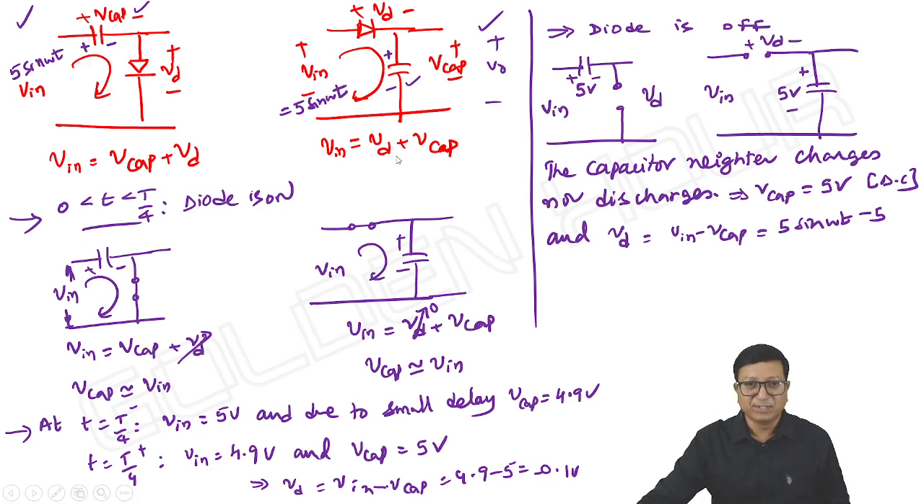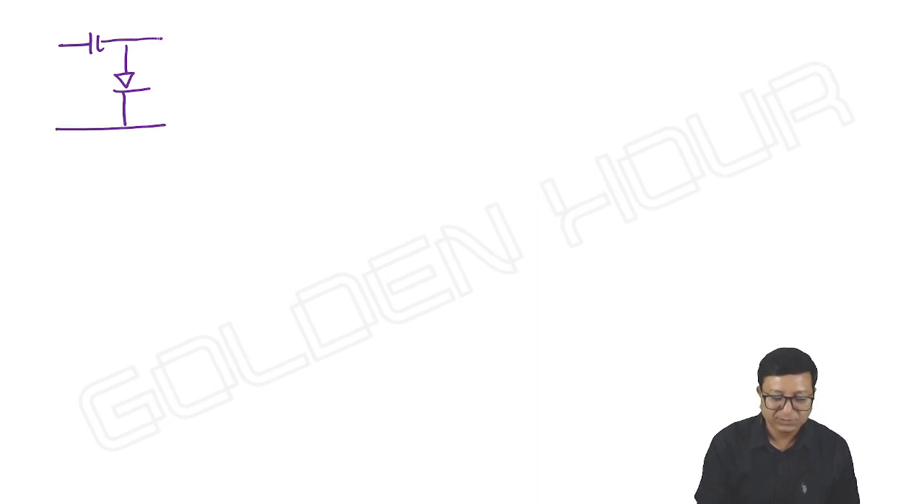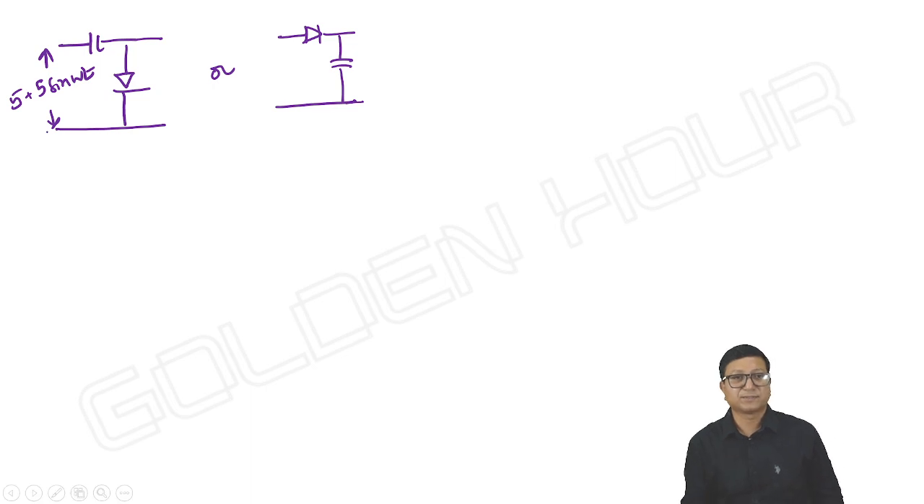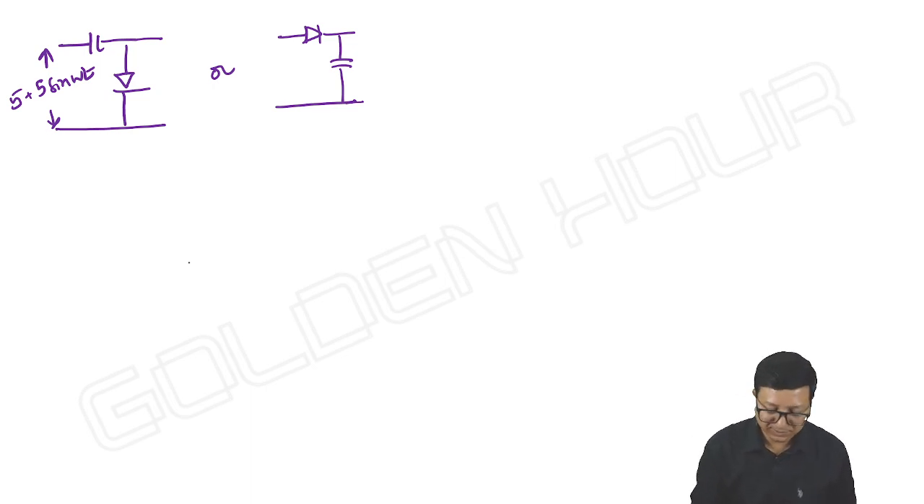So here what I am doing further is, whether you take this circuit or this circuit, if I give something like 5 plus 5 sin omega t, here 5 plus